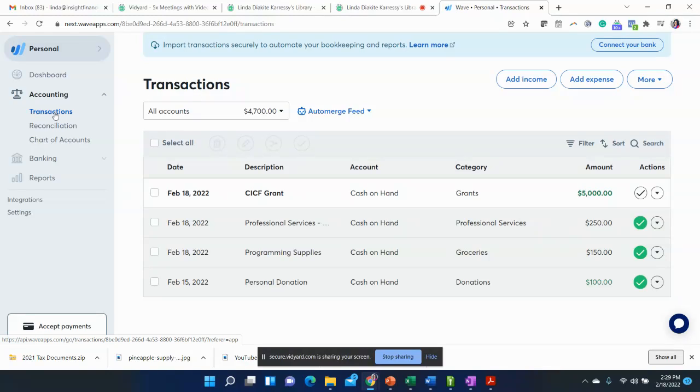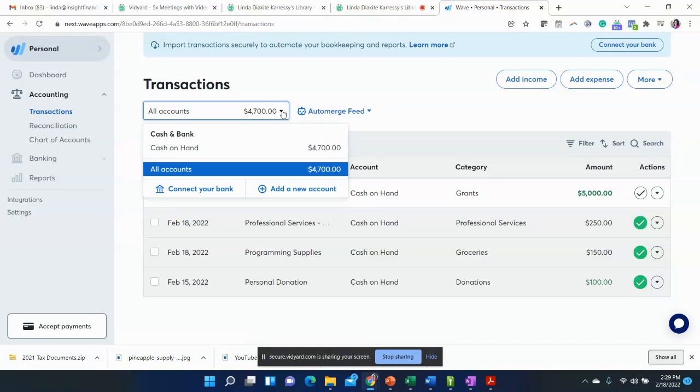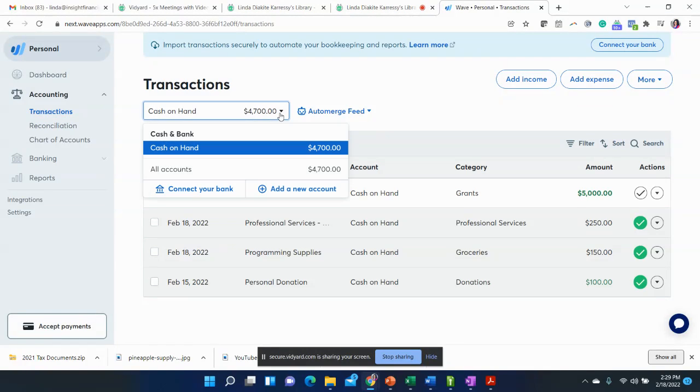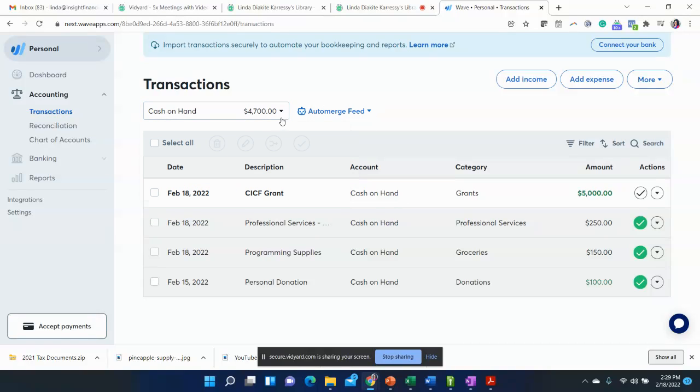So we're here in the transaction section. First thing I want to point out, here in the drop box, if you have multiple banking accounts or credit cards, those accounts are going to be listed here. So just for this example, I've just called everything cash on hand. But if you have a Chase checking account, a Chase savings, and then a credit card, those accounts are going to be listed here. So make sure,